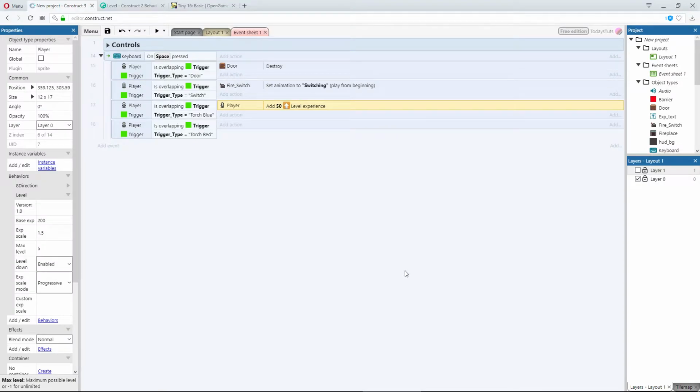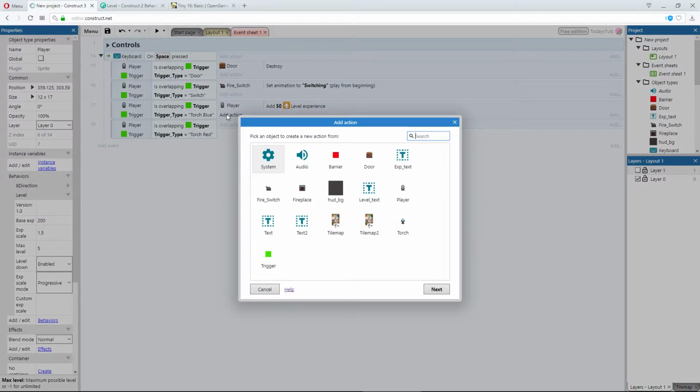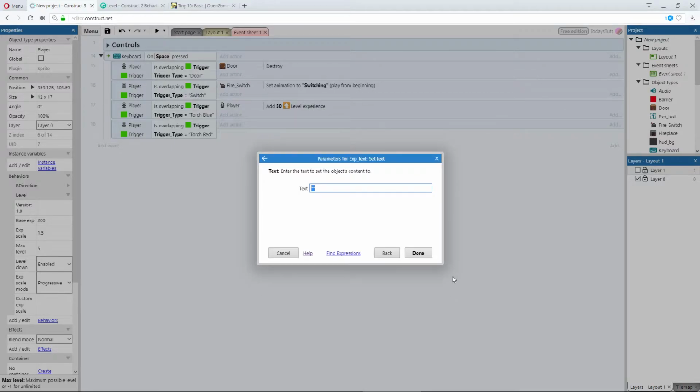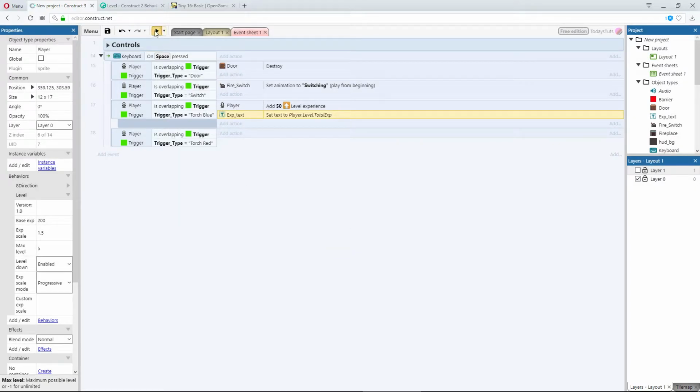Then, we need to update the experience text in the lower right of the screen. I'll add another action using EXP text, and I'll choose Set Text. Since we've added the level behavior to the player object, it gives us some properties we can access from the event sheet. I'll type player.level. And you can see all the options we have. We want to use total EXP, which will give us the total EXP we've earned so far. If I preview the layout